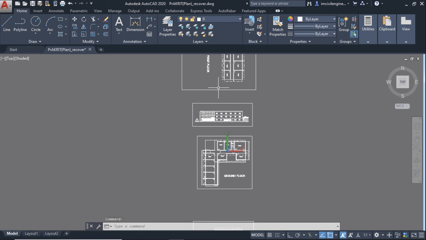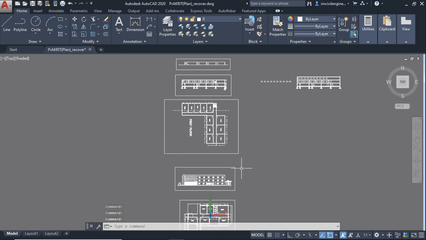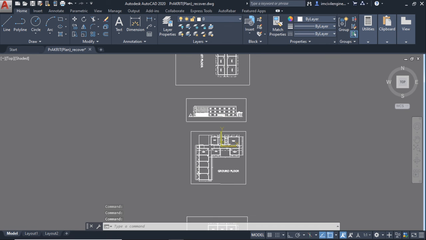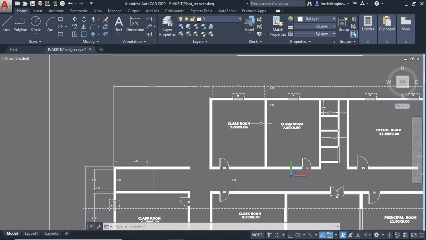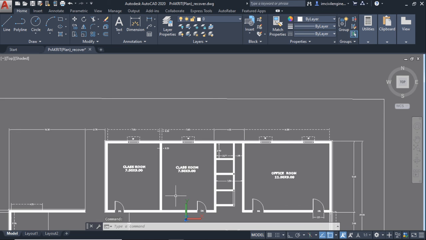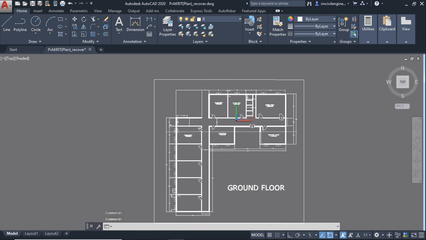You will get the plan, elevation and cross section. You have to draw the plan, and I will give the plan. If you change something, okay, but don't change the overall shape: it is a P shape, so your plan should also be a P shape.